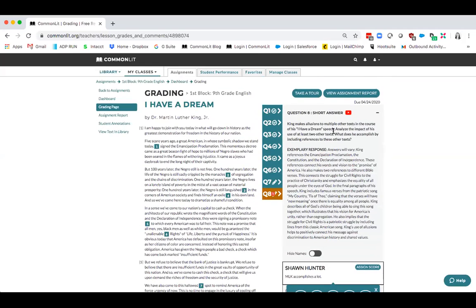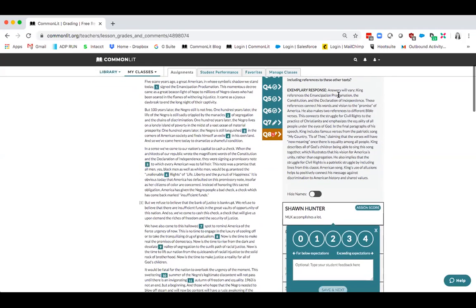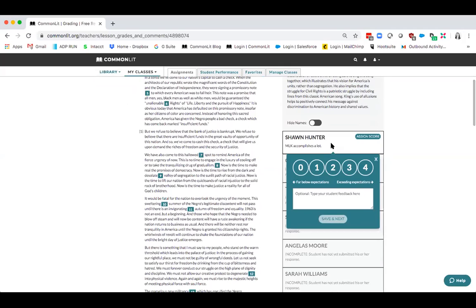Now let's say I'm working on question 8, and I see my exemplary response. I see Sean's response, and it looks a little meek. It looks a little thin. It doesn't seem like he provided a lot of evidence or tried that hard, to be honest, if this is all that he has provided. So maybe I can say that he got a 1 on this because there is something, but it's not exactly